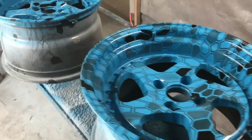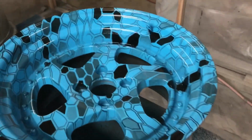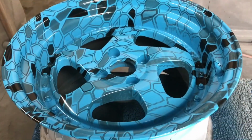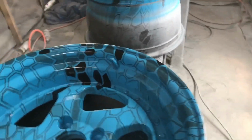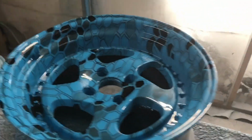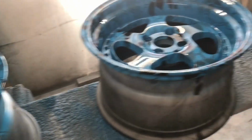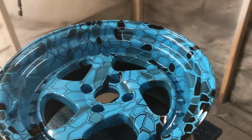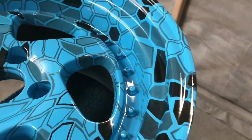Got the wheels cleared, touched up as much as I could with the time that I had, but they look pretty decent. I'm happy with them. So after I run some errands, we gotta bake them in the oven to get the clear to harden faster, because we have to mount tires on them tomorrow, which is lame because usually I like to let this sit for about 3 or 4 days before putting tires on them. So I'm gonna bake them each separately throughout the day, and hopefully they're hard enough to mount